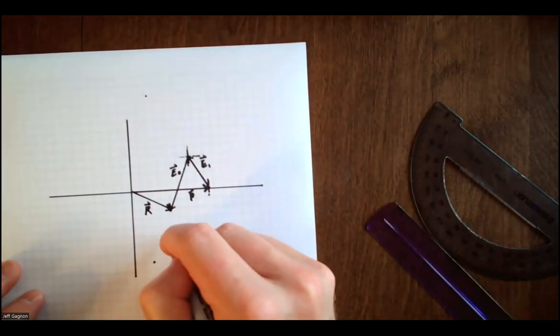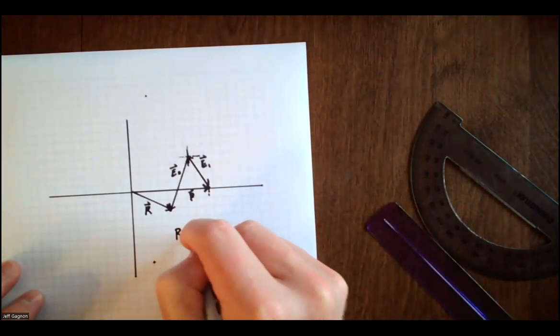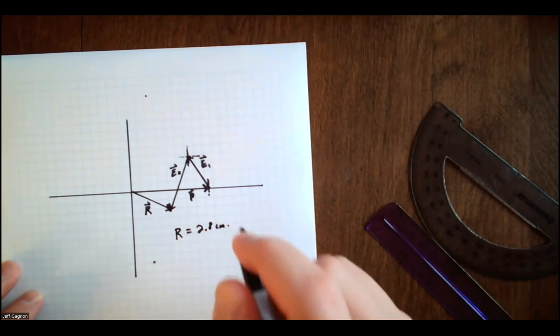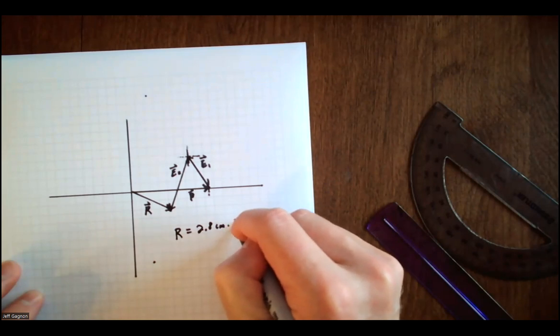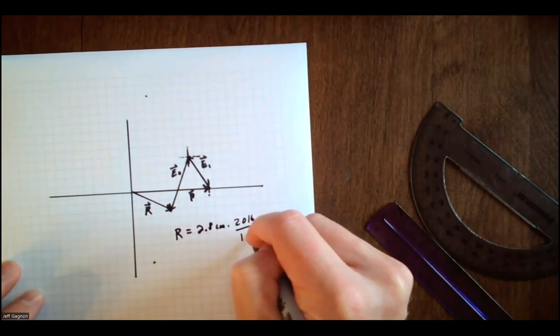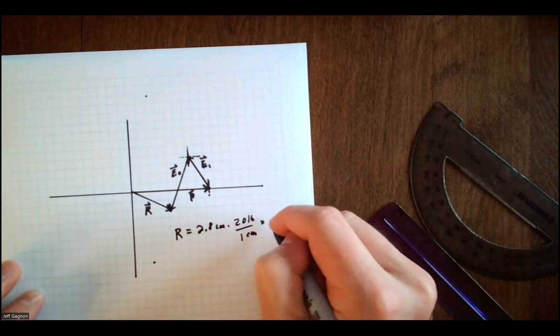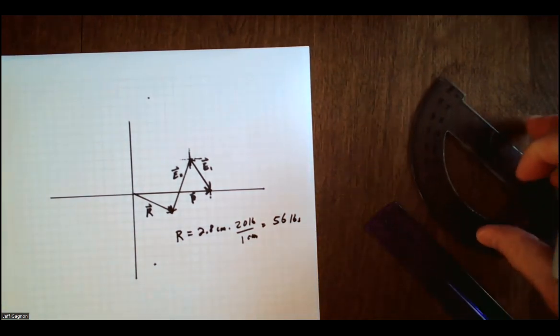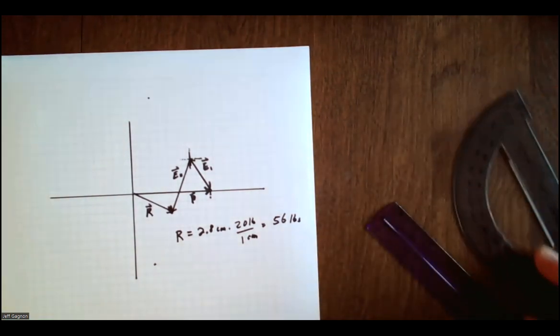So I'm going to say R is 2.8 centimeters. I'll convert that right back to pounds. So 20 pounds is 1 centimeter. So that's going to be 56 pounds. And if I measure that angle,